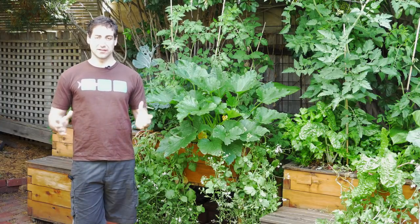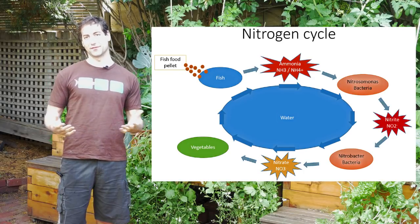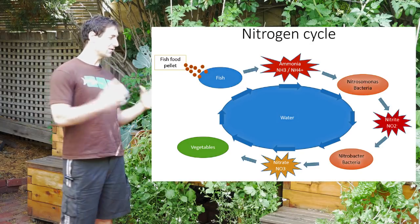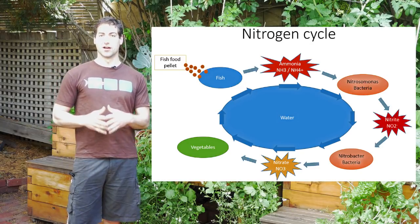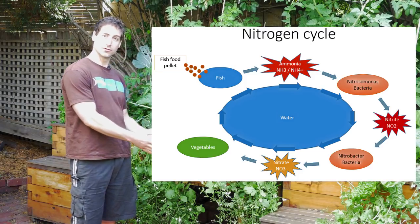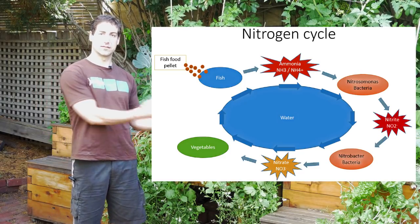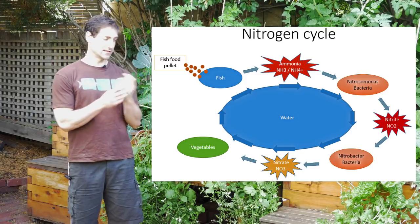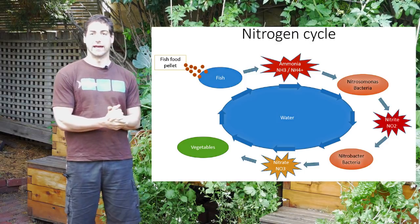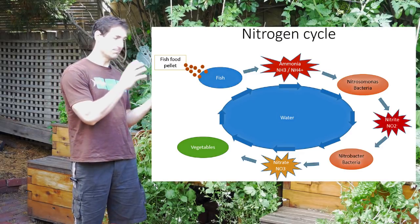The first thing you'll need to learn is the nitrogen cycle, or what we call the cycle of life. It's not too complicated. The only thing you really need to understand is that in aquaponics, or in nature in general, nothing is lost, everything is transformed and recycled. When you feed your fish, you add some organic matter into the setup. That fish food is broken down into particles, and one of them is called ammonia. Ammonia is toxic for the fish,